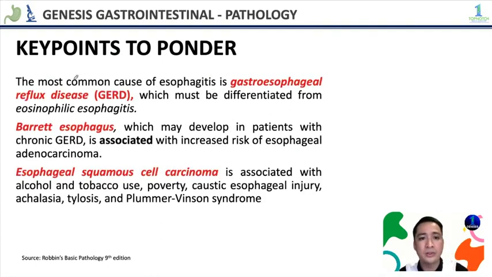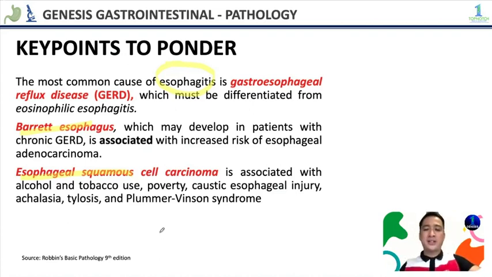How about the most common? Still the most common cause of esophagitis is GERD. Barrett's esophagus is a pre-malignant lesion usually associated with adenocarcinoma. And for esophageal squamous cell carcinoma, we have the different risk factors. We have mentioned alcohol, tobacco, Plummer-Vinson syndrome,